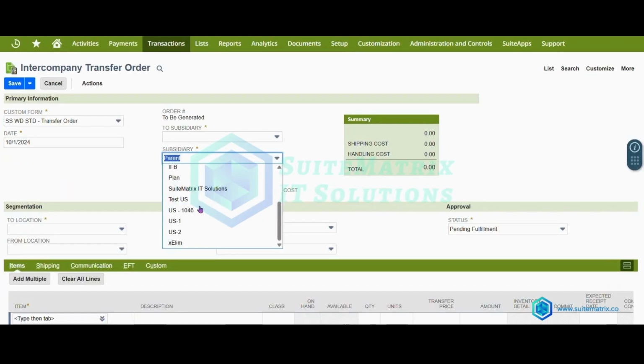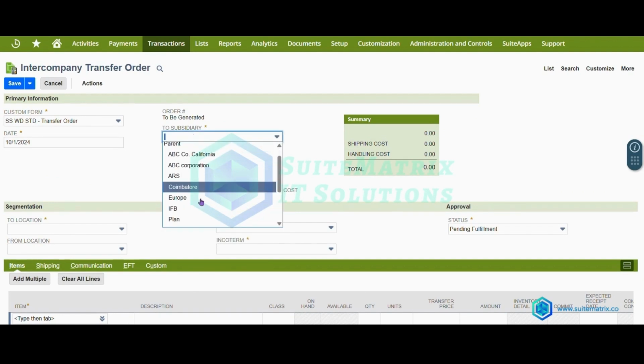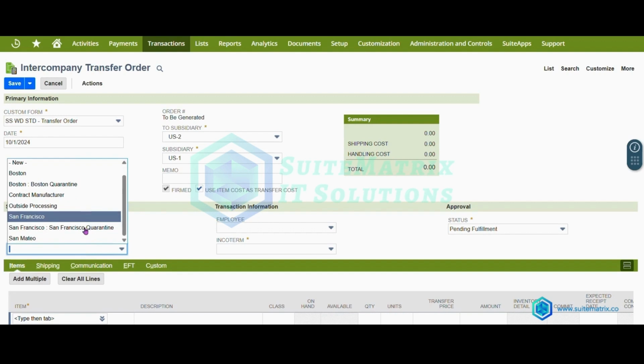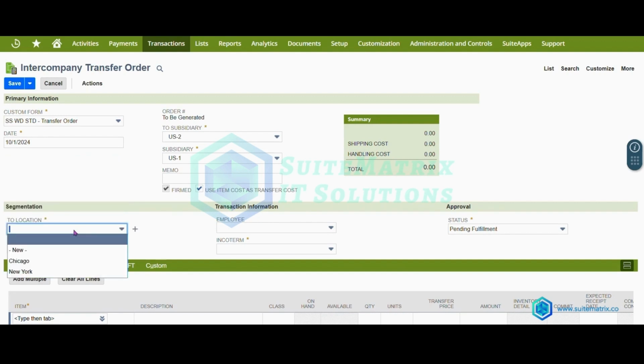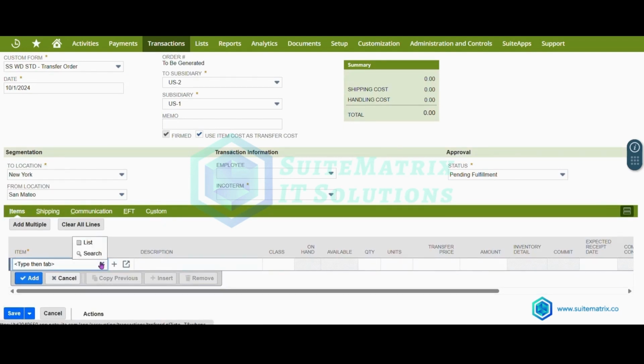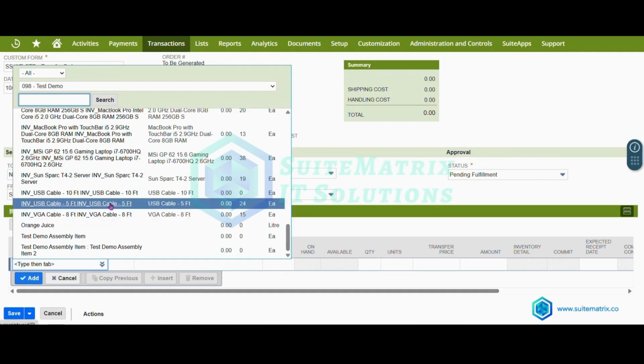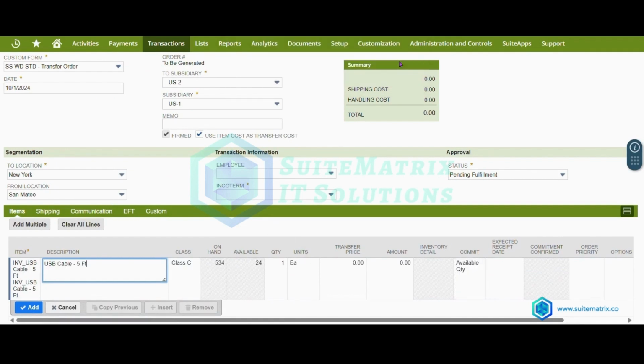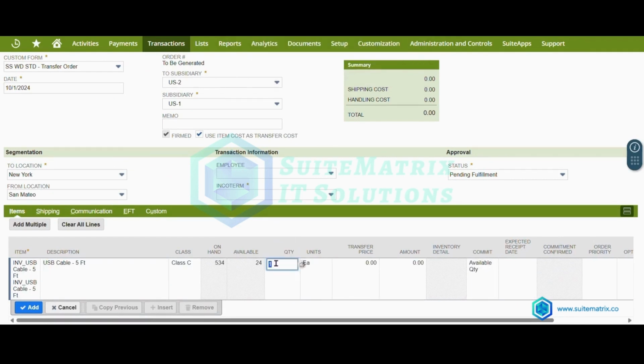In this record, select the from subsidiary as parent, US1, the to subsidiary as parent, US2, the from location as San Mateo, the to location as New York. Add the INV USB cable 5 feet to the item sublist. Select the item and description as USB cable 5 feet. Enter a transfer quantity of 20 units